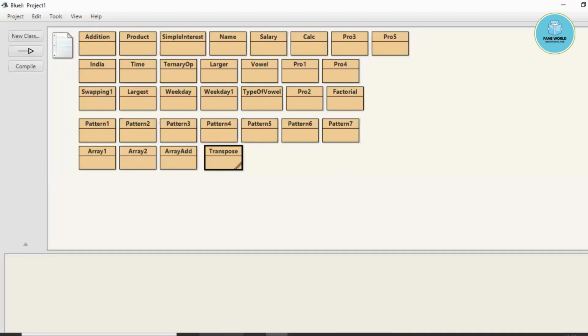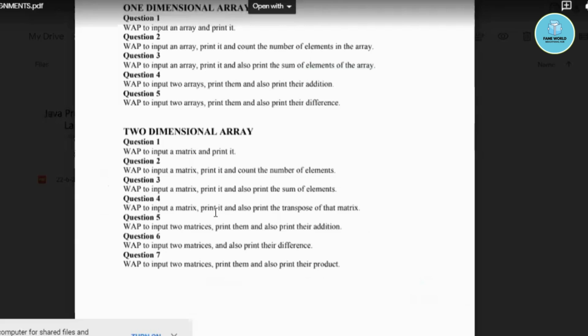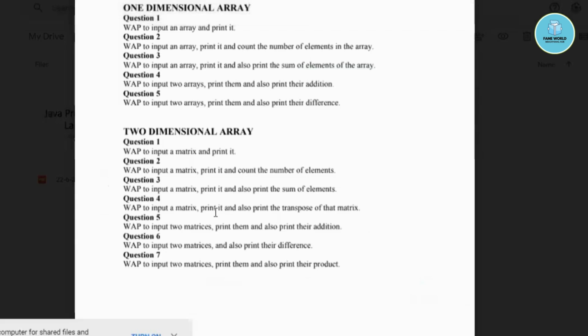Another concept we have to talk about is the product of two matrices. When we are talking about the product of two matrices, it is not similar to addition and subtraction. In addition and subtraction, we simply add each and every element. But when we are talking about the product, it is different. So I'm going to show you the procedure of the product of matrices. This is a video I created, just to explain this instead of using a copy and pen. Let me play it.